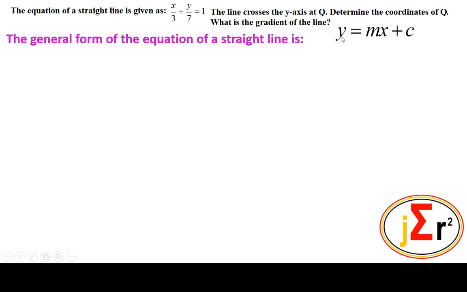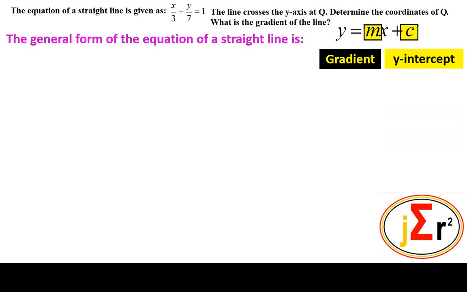Y is in reference to any position relative to the y-axis. X is in reference to any position on the line relative to the x-axis. And of course, these are what we are focusing on: the gradient, which is m, and c, which is the y-intercept. For the intents and purposes of this problem, it is called q. There we have the gradient and the y-intercept being labeled on this occasion for reference and for comparison as we